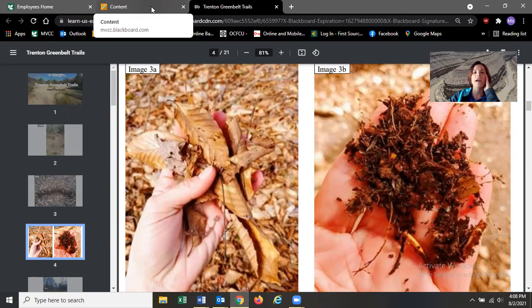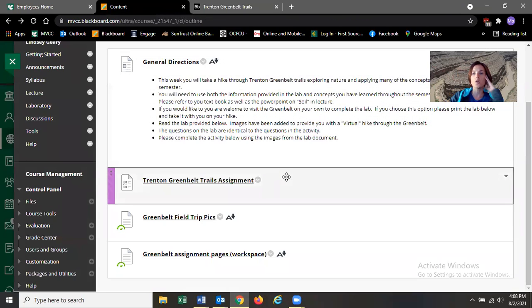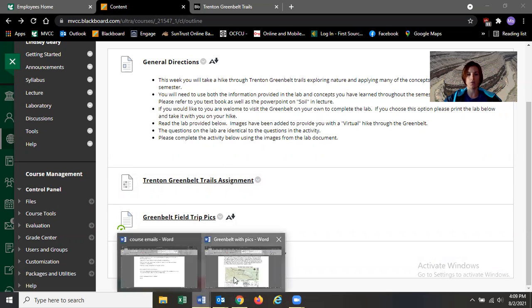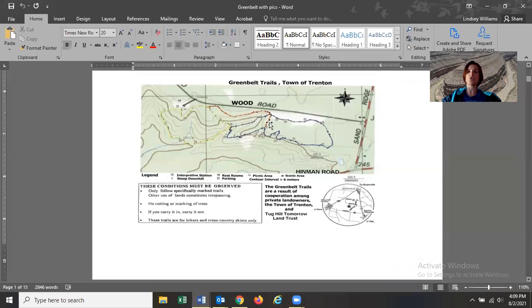And the other thing, you can do this field trip in real life if you want to. So I've added a workspace here. So if you want to open this up, download it, save it, whatever, and then type your answers in so that you have them ready for when you go to complete the assignment. I just think it makes it a little bit easier, but also on this file, and I will call it up here for you, it shows you the map of the trail system, and